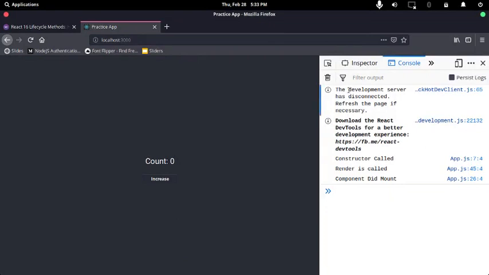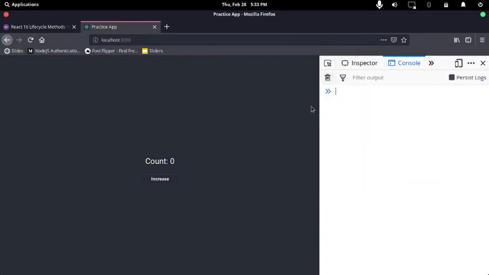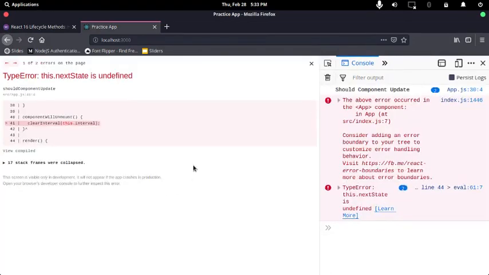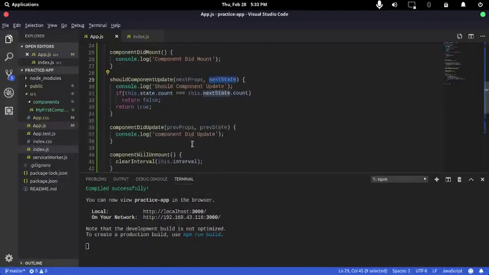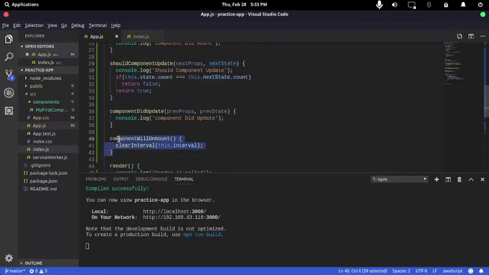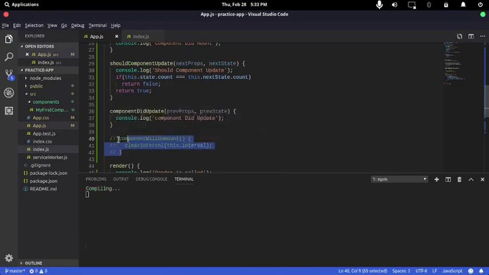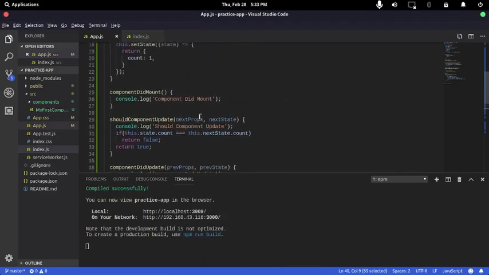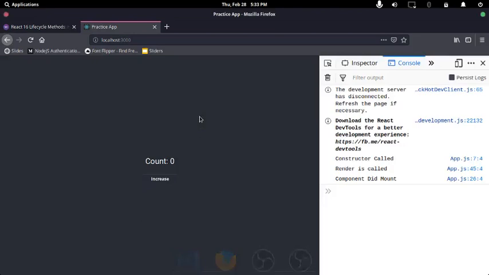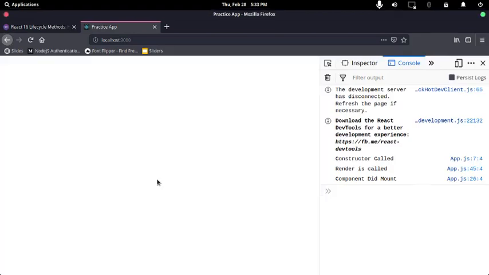Now that we have made this change, let's go back and see what happens. So I'm back to my app, and if I clear my console right here and increase this count once, I get this error. Okay, I left something uncommented, so I'm going to comment it now, and we are going to look at that later. For now I'm going to increase this,